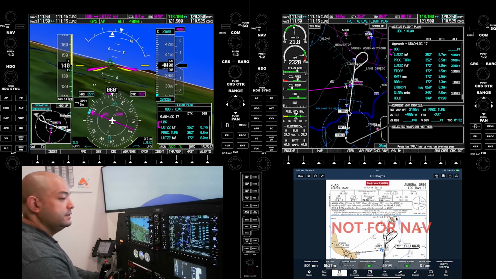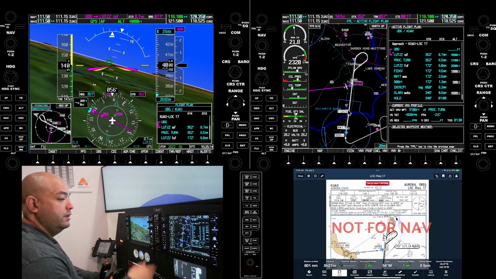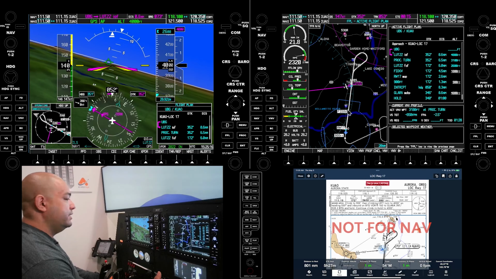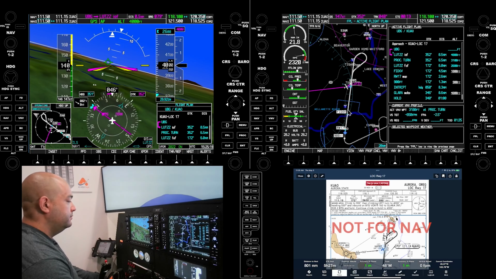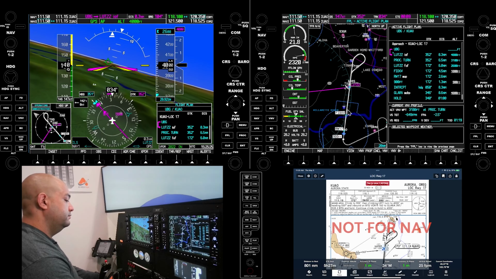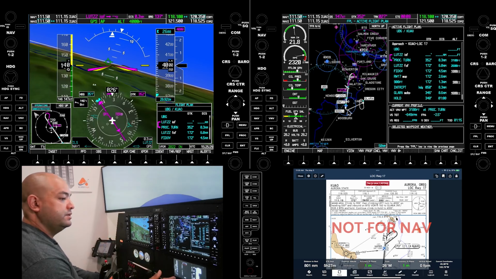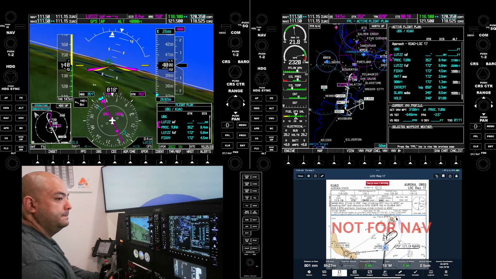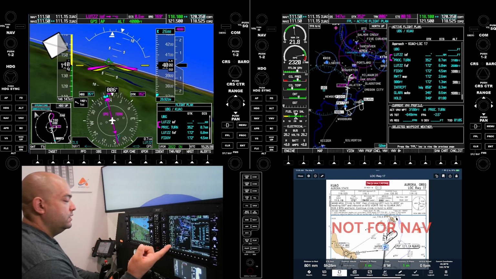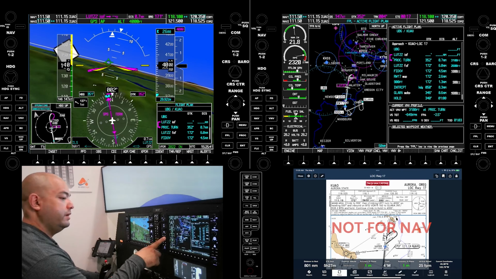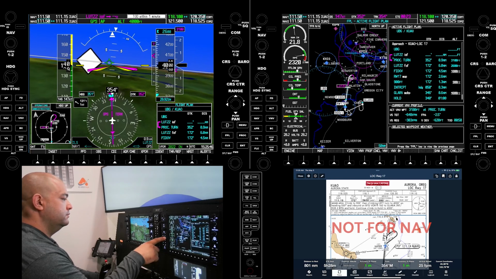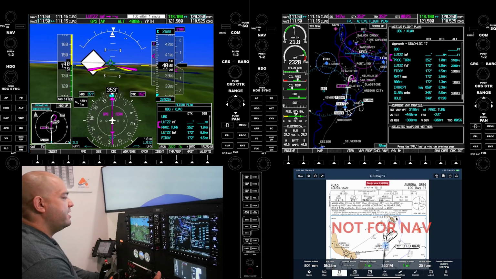All right, there it is. 1 minute and 30 seconds is going to start the descent. There's LUTS. 1 minute and 5 seconds. And there's the vertical track, VNAV path.